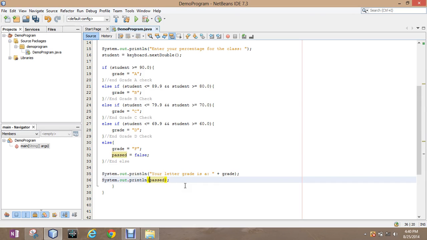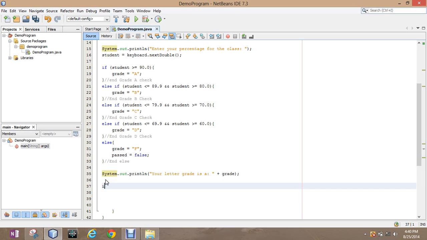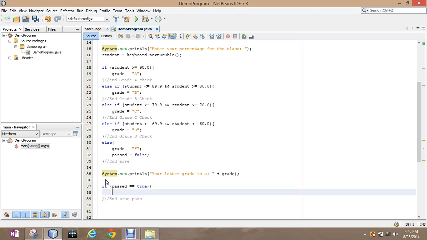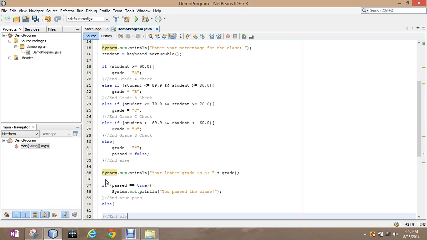And what we could even do is we could do a comparison on the Boolean. So we could do an if-else to check it out. So we'll do this. If passed equals equals true, it can only be an equals equals or does not equals. Passed equals equals true, then you'll have a system.out.println. You passed the class, which all of you will, right? Good. Else means you didn't, and else